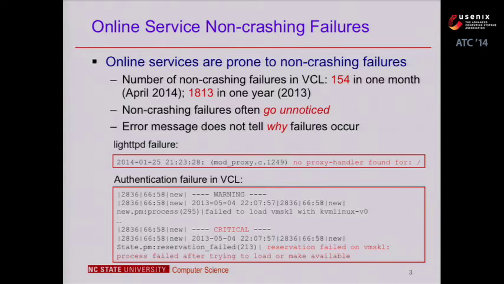The first one is from the Eucalyptus failure, in which there is a log message that said no proxy config with the system. However, the true reason is a bug in the code. The second one is from an authentication failure in VCL because of a missing private key. But it normally just said request failed without explaining anything.